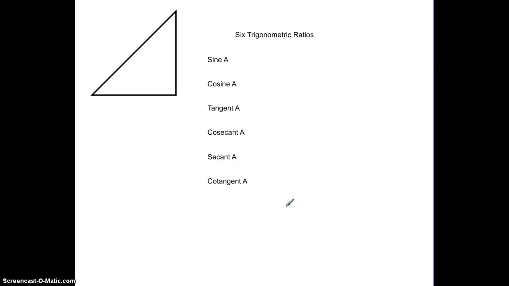This video is to demonstrate the 6 trigonometric ratios. We usually label our triangles with A, B, C, where angle C is the right angle. The sides opposite those angles would be little a opposite angle A, and little b opposite angle B, and little